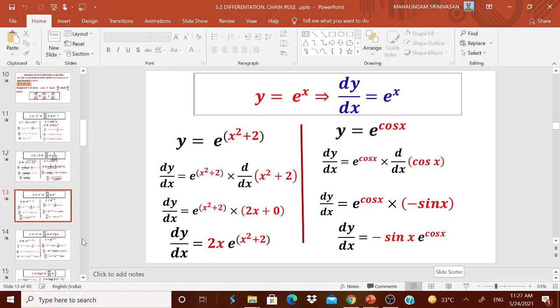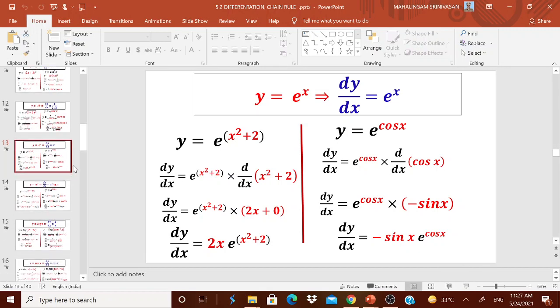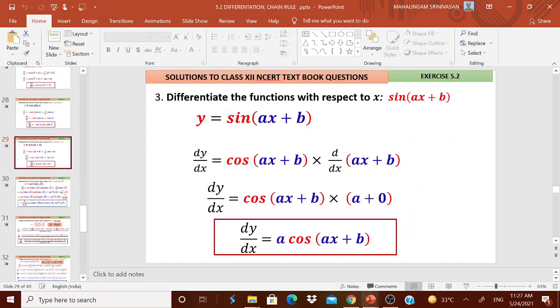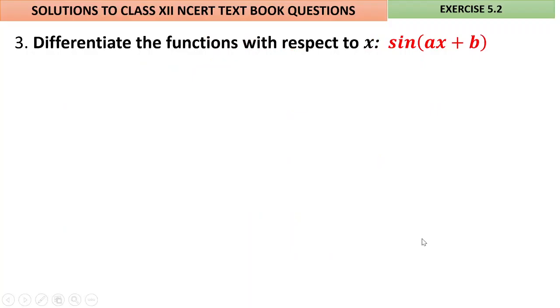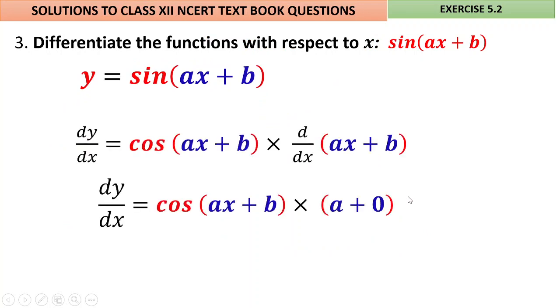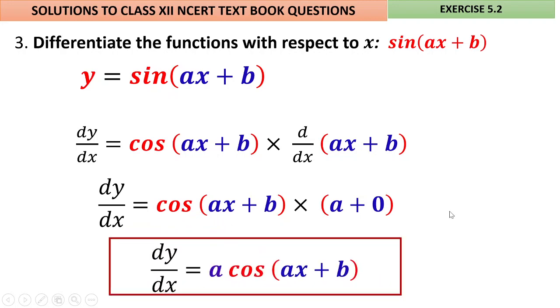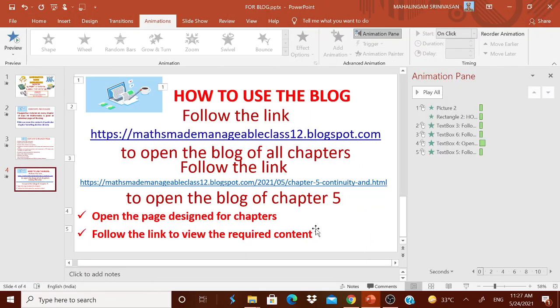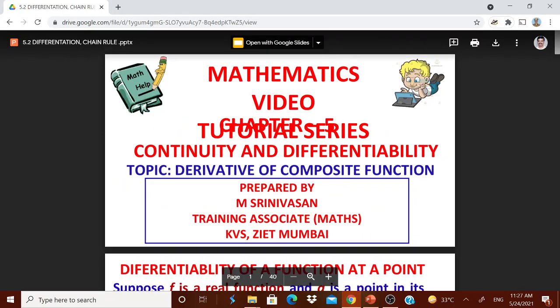Now you can go for it from any particular one. For example, if you want to show the children a particular question, for example question number 3, then you can start it. One by one step it will come. Then you can use it in your classroom teaching, online teaching, and you can start from a particular question by using this slide sorter also. Okay, I'm just closing it and coming back to this.